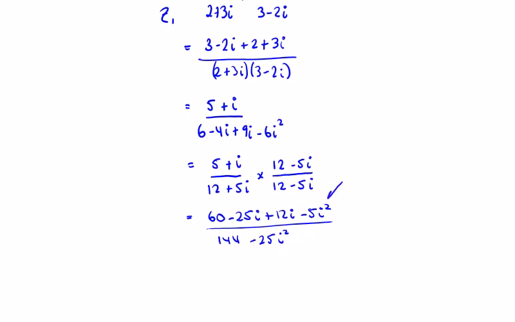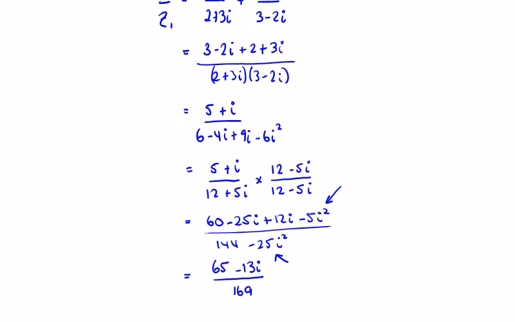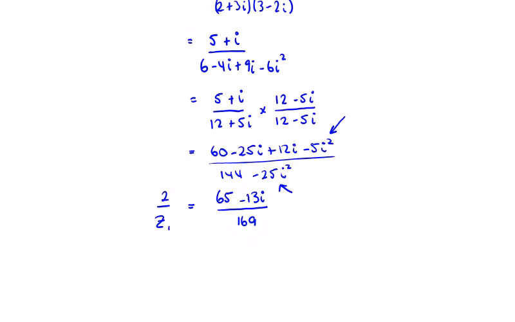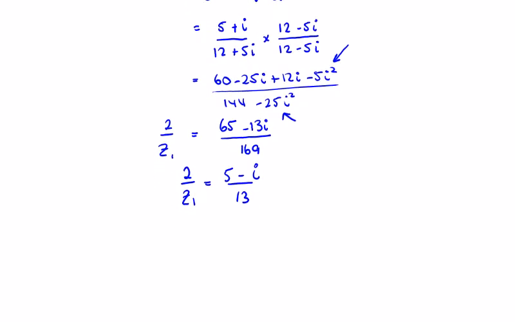So on top, this is a plus 5, so we're going to get 65 minus 13i over 144, and this is plus 25, so that's 169, and that's equal to 2 over Z1. So we can invert both now. So we can divide the right hand side every term by 13, so 2 over Z1 is equal to 5 minus i over 13. And at this point, we could let